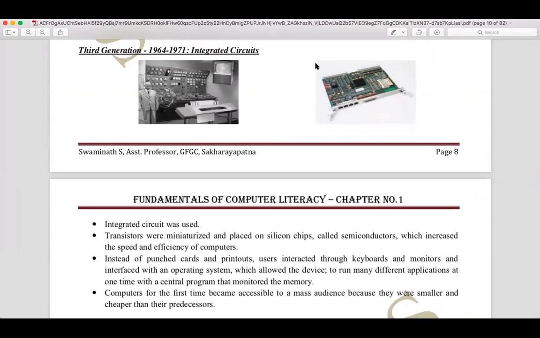Then we are talking about IC chips, that is, integrated circuits. These IC chips are basically silicon chips, made of semiconductor, which increase the speed and efficiency of the computer. Instead of the punch cards which we used for the second generation computers, we use a keyboard and monitor for input and output devices. And these computers were accessible to mass audiences, and they were smaller and cheaper in comparison with the previous